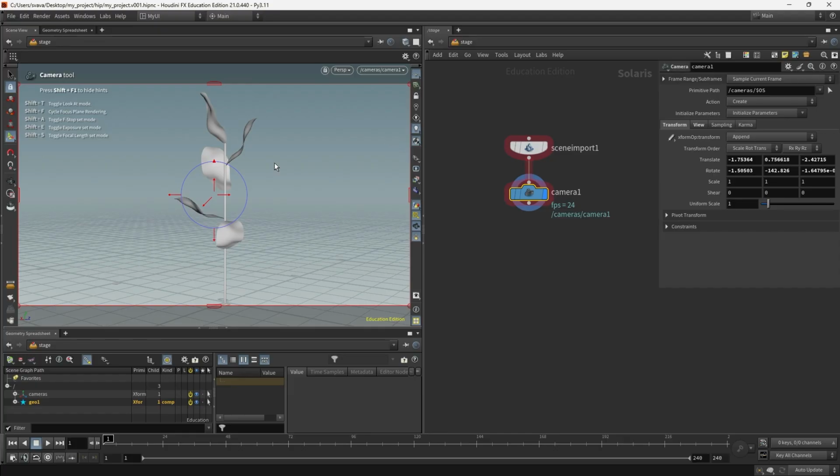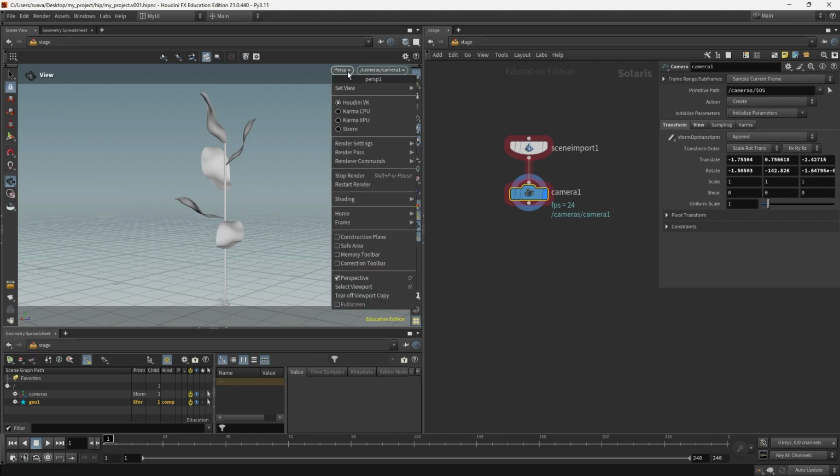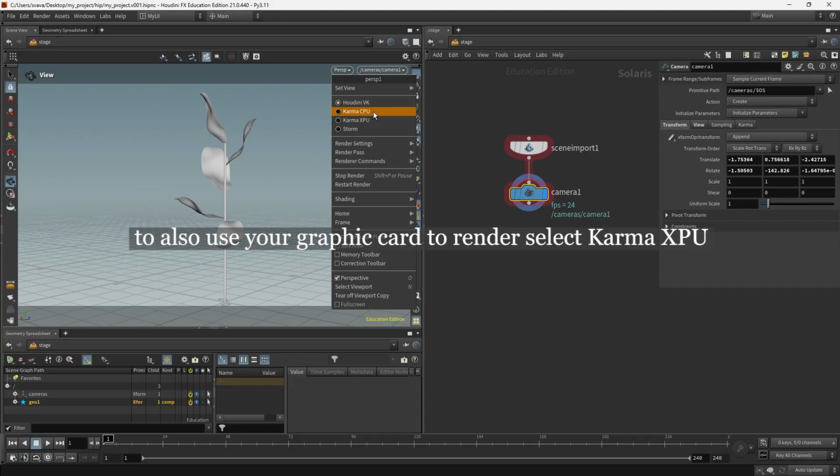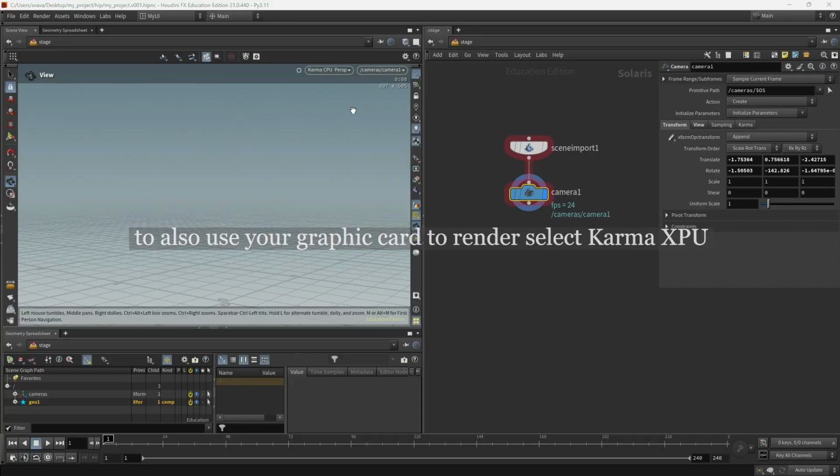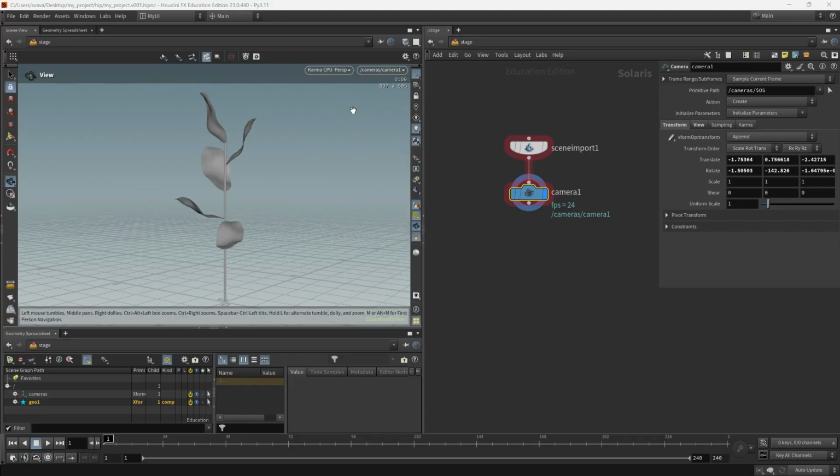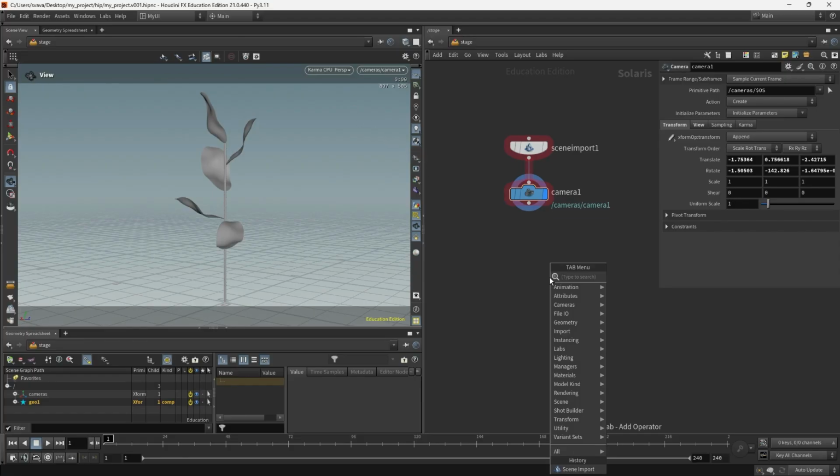This is still just the scene view, but let's change it to the actual render. So in perspective, I am going to change the Houdini VK to Karma CPU. And now we have the rendered image. To light the scene, we will need some lights. There are a lot of options in here,